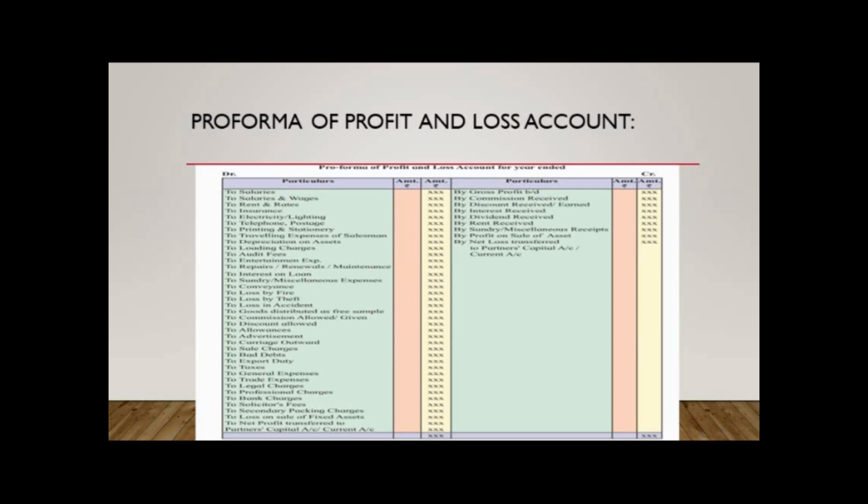Now, this net profit we are going to distribute to the partners as per the ratio that is given in the sum. If the ratio is not given, in that case we are going to distribute it equally to the partners. And if our debit side is greater, we will bring the total on the credit side. Here we will get net loss. Remember, if our debit side is greater, it is our net loss. So this net loss we will again distribute among the partners as per the ratio given.